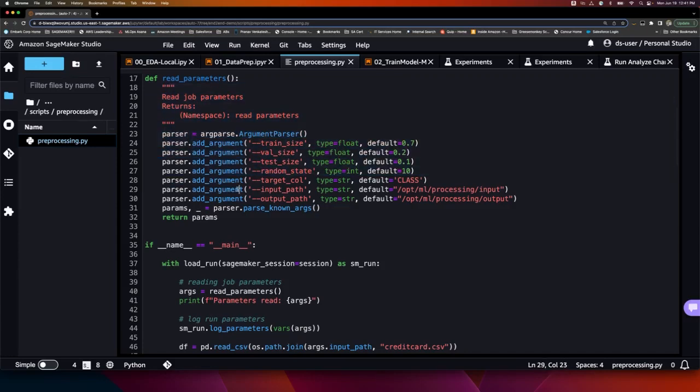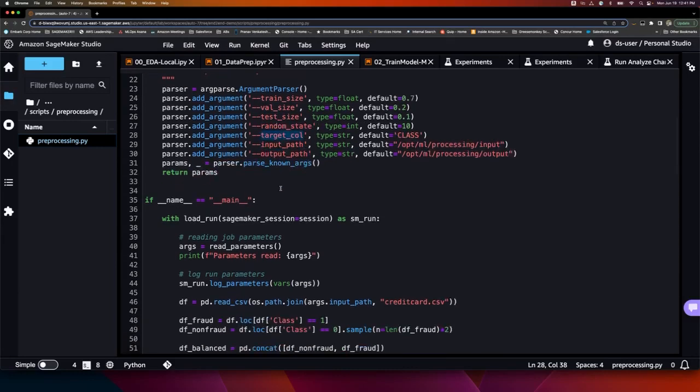command line arguments that I can control, such as what my training size needs to be, my validation size, and my test size needs to be during the data split. I'm going to provide a random state so I can deterministically repeat the process if I need to in the future. I provide which target column I would like to process. And finally, the input path, as I mentioned, is going to, your S3 path is going to be mounted into